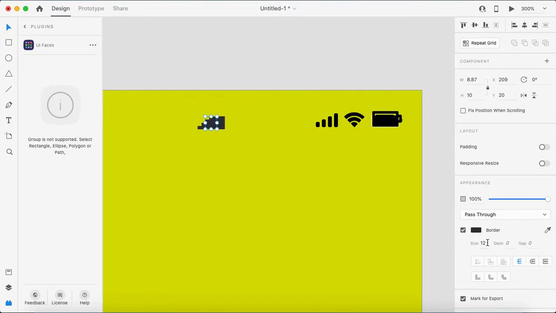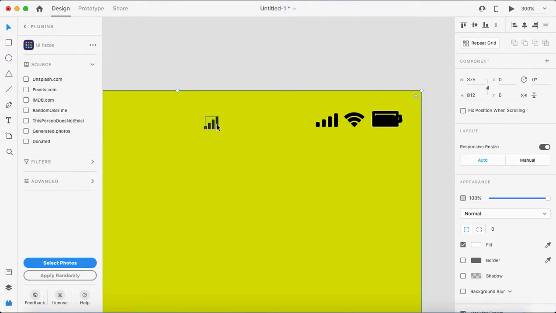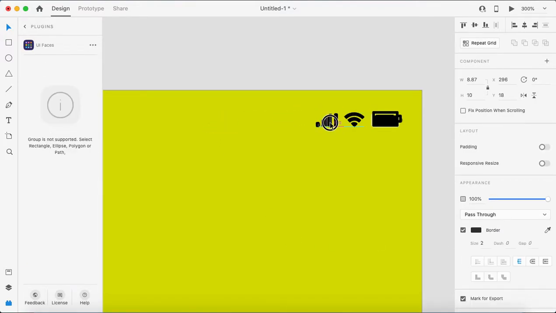So here for example I'm making it 1. Perfect. Or let's say 2. Okay, this is pretty much close now. This is small, let's make it 12. Still small, let's make it 15, for example.